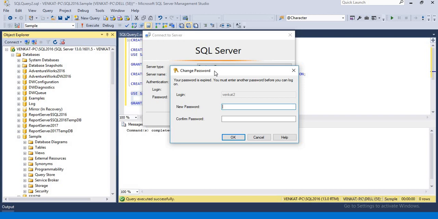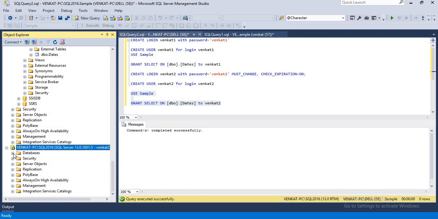Since the person who created the user as admin might know the newly created user's password, he has to keep this option. That is mandatory. Now let me give a new password. Whatever password I want, I'll give it. I'll click on OK. Yes, it's logged in. Once you expand the sample database, you can see the dates table, since I kept the same table access for Venkat2 as well.